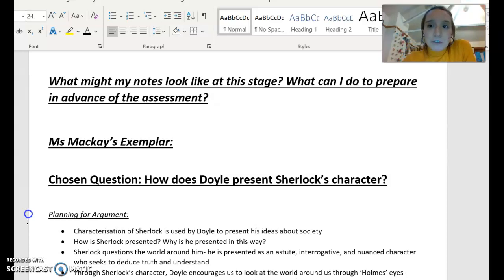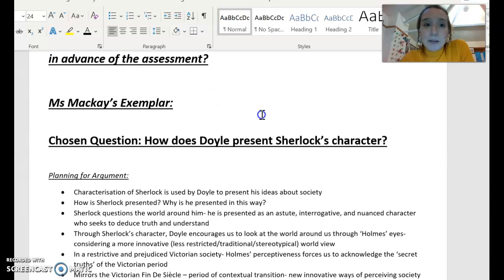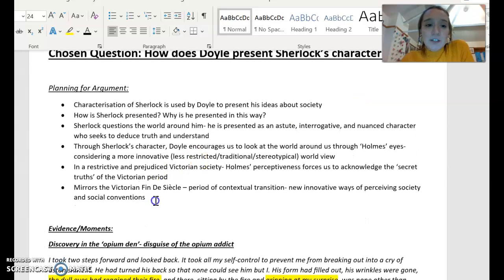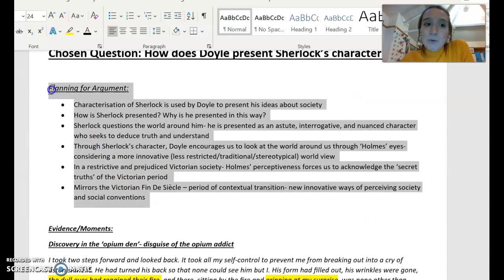So this is my suggestion for an activity to help you plan. What might your notes look like? What might that include? I've done an exemplar for how Doyle presents Sherlock's character. You can see here I've started to plan my argument. I haven't written it all out yet, but I've done bullet points. So I just sat down and I thought, okay,